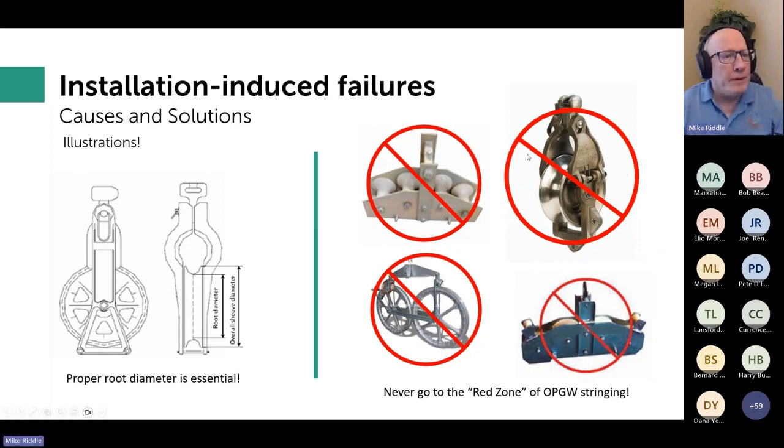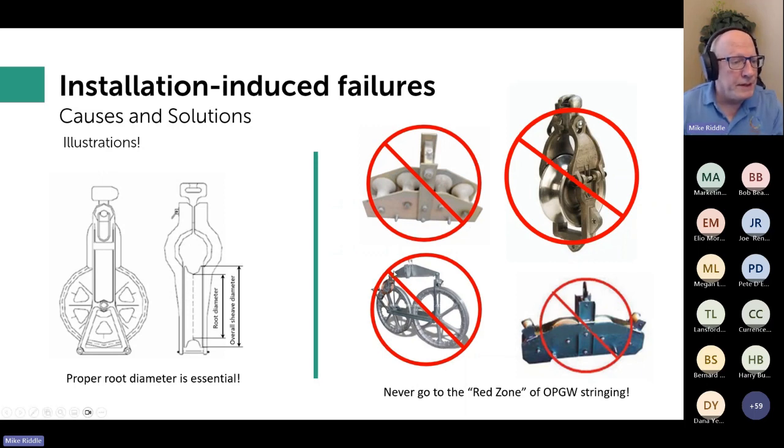Now, this one up in the right, this is that XS100 block. This is a distribution class block, and the root diameter of it is only like 4 inches or so. So it's just too small. And then this is a ganged block where you've taken 2 blocks. In this case, they're joined together by a yoke plate. But this doesn't buy you anything because of that fundamental concept that if the block root diameter isn't sufficient, then it doesn't matter how many of them that you have. So it doesn't buy you anything.